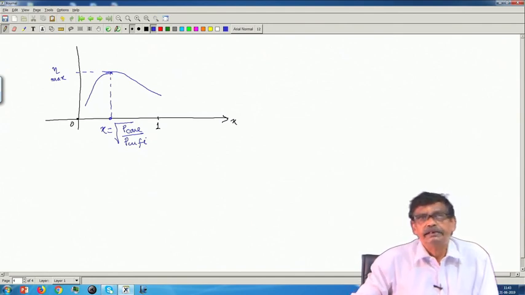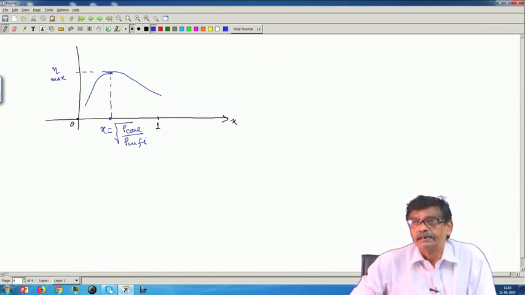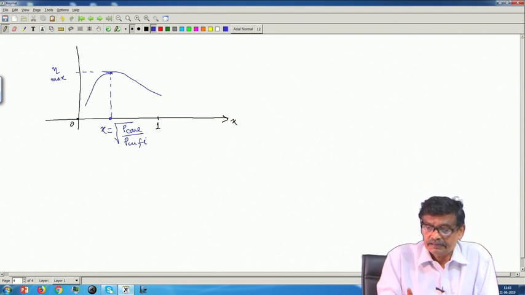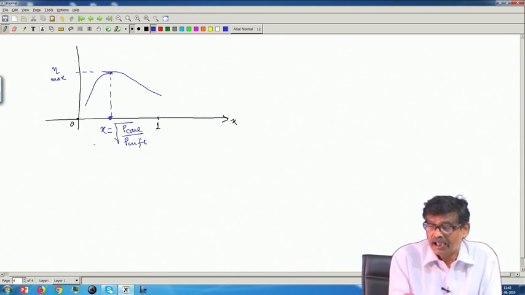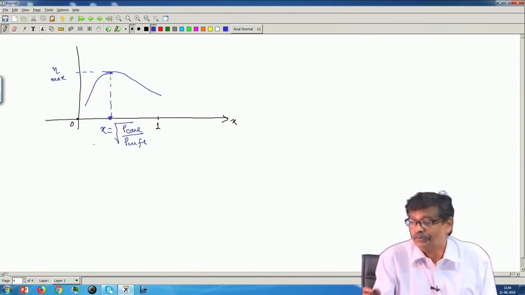Suppose you get this value to be equal to 0.7, transformer rated kVA is 10, then I will say that if you operate the transformer at 7 kVA, efficiency will be maximum. That is the implication of this number, and I would like to see this number is between 0 to 1. Certainly, I should not have a number where efficiency will occur at say 1.5. Are you getting me?